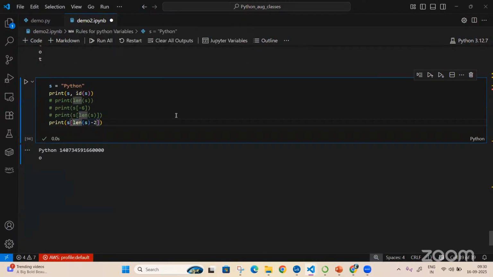Now if I put minus of length of this minus 2, what will be my output? It will be T. S of minus 4, so that should be T. What will be the output of this?